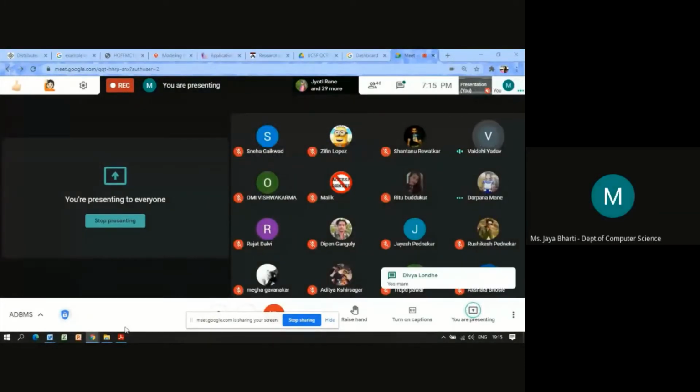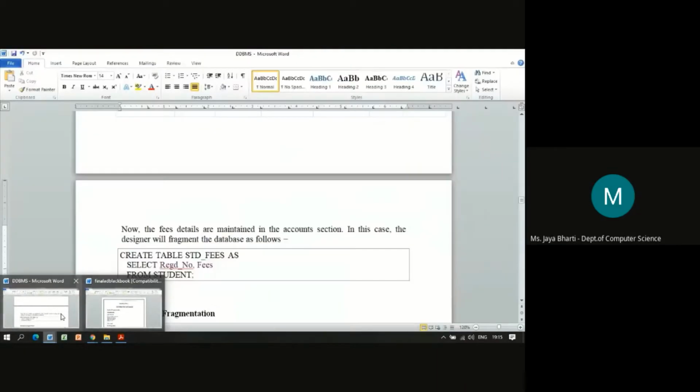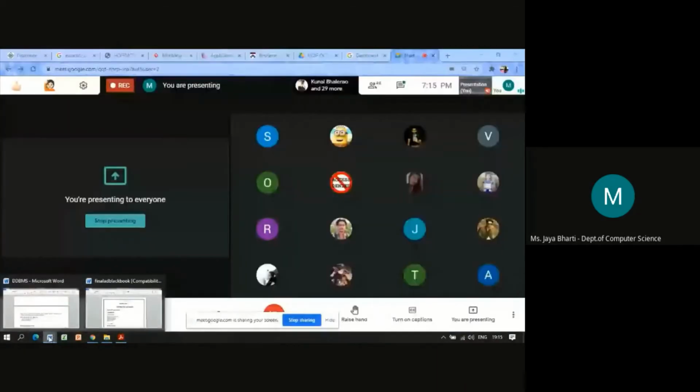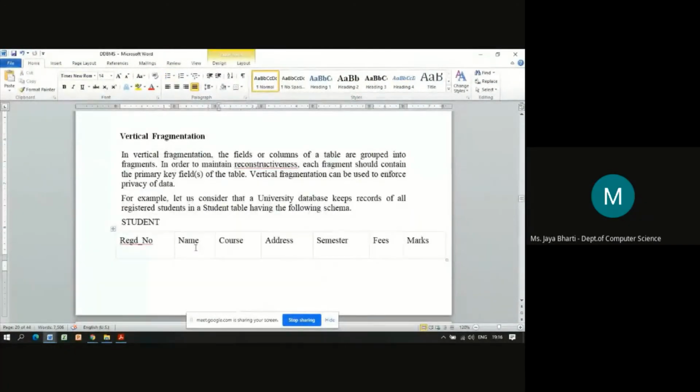Okay, fine. So vertical fragmentation, where we divide the data column-wise. For example, as we had seen, there is a student schema having attributes registration ID, name, course, address, semester, fees, and marks. So this is the student table which we have.